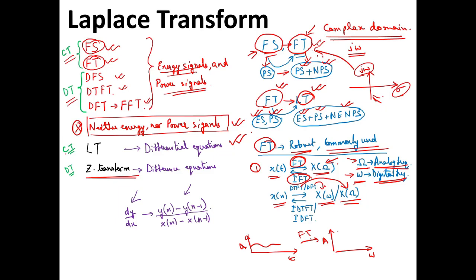Now the Laplace transform is meant for the analysis of continuous time signals and systems, whereas the Z transform is meant to analyze discrete time signals and systems. And digital systems are nothing but discrete time systems. So we need to study both the Laplace transform and the Z transform. Why is this so? This is because